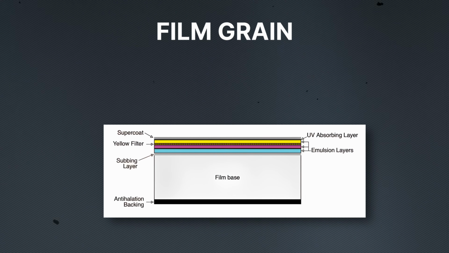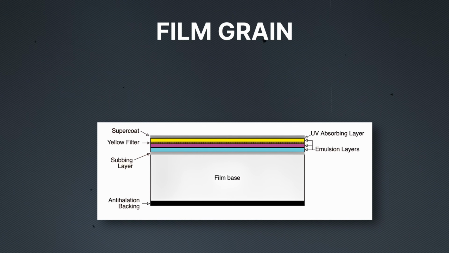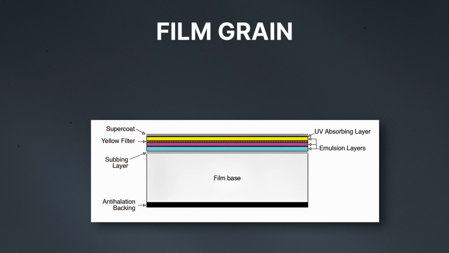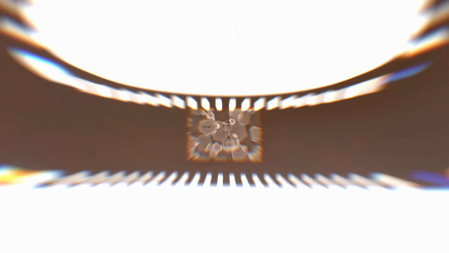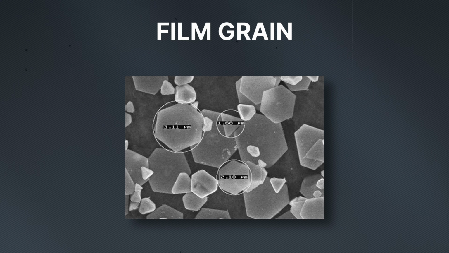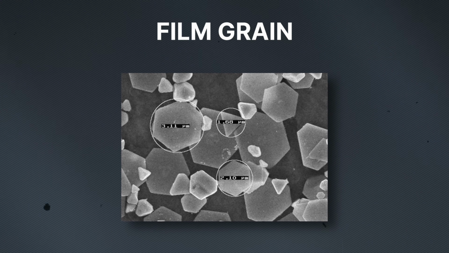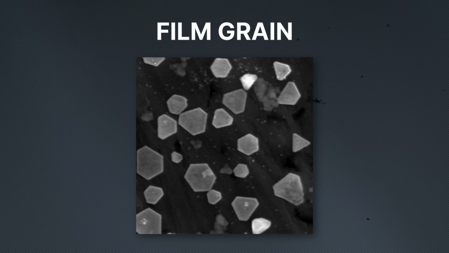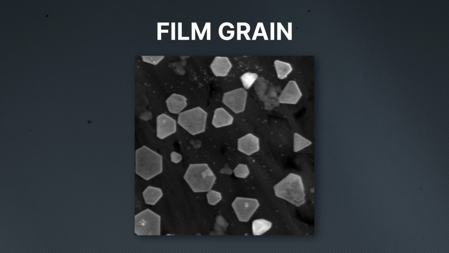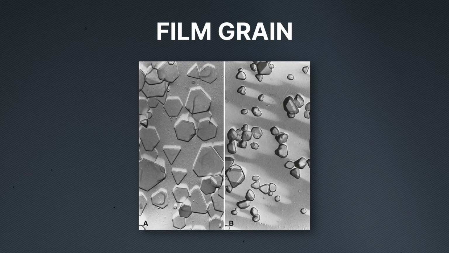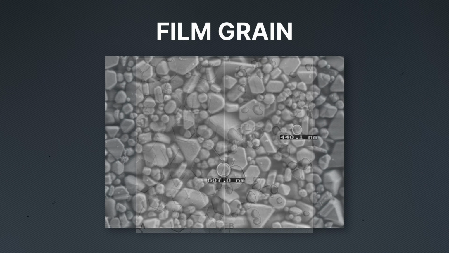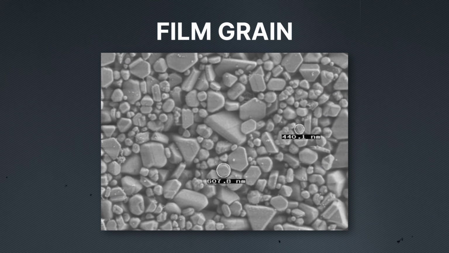Camera film is made up of a celluloid or plastic base covered with layers of photosensitive emulsion. If you look at the film through a microscope, you'll see something that looks like this. These are silver halide crystals that are dissolved in the emulsion and are sensitive to light. And these tiny particles are what actually forms the image and are the cause of the grain texture that you see. The whole image is literally made up of grain.